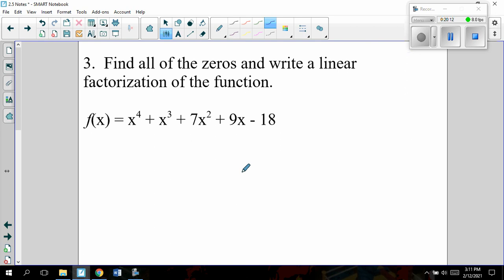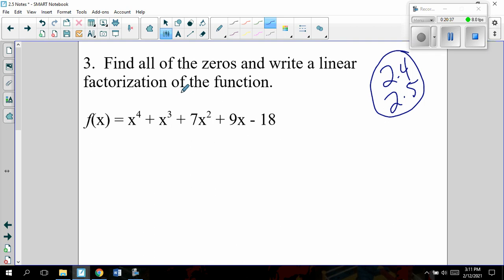All right, we're almost there. So let's put this all together. 2.4 and 2.5 are really going to come together right here and merge into one approach. This will not be on, obviously, the 2.1 to 2.4 test in terms of what kind of solutions you're getting. The process is, though, because we are going to be finding all of the zeros and writing linear factorizations, which